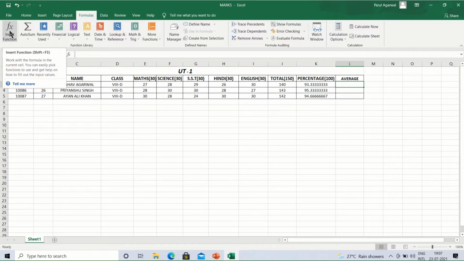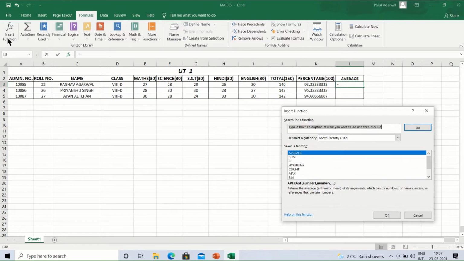We'll click on Insert Function. When we click on Insert Function, we can see a dialog box with various functions and the heading Select a function. Suppose our function is AVERAGE because we want to calculate the average.